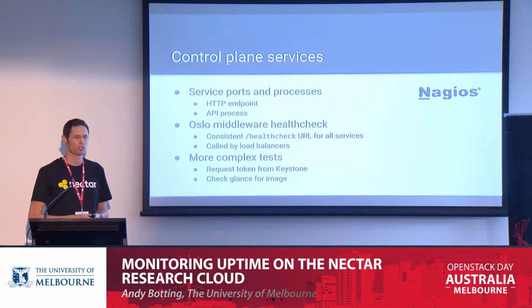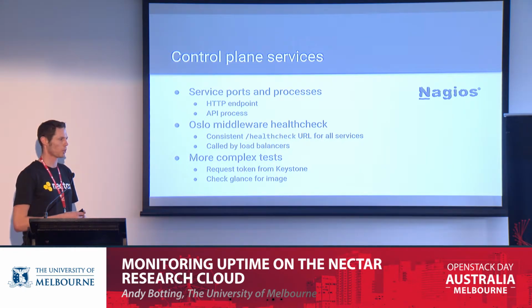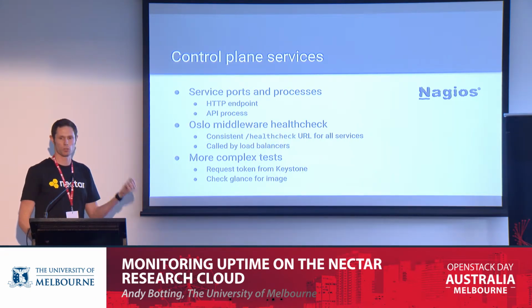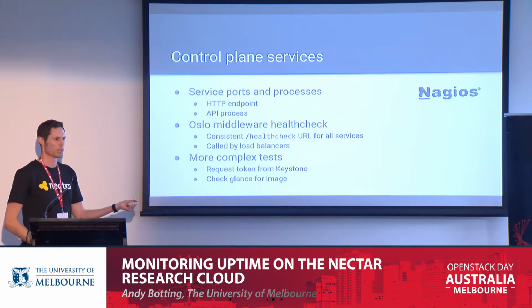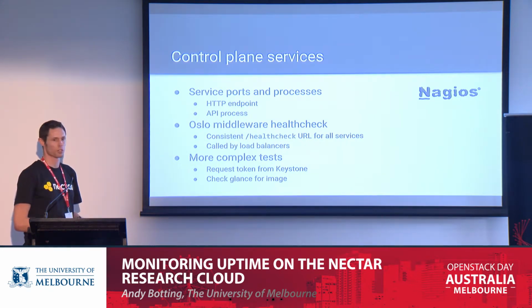We also have some more complex tests. We use a lot of the OpenStack libraries, so that we can script up things based on those clients. For example, we've got a check where we just call a Keystone library and say, here's some credentials, give me a token. It's very simple, but it gives us confidence that Keystone is working correctly because we're doing a legitimate call like a user would, or like you get through the dashboard if somebody's trying to do some sort of operation. We're really mimicking those kind of steps that the users are doing,